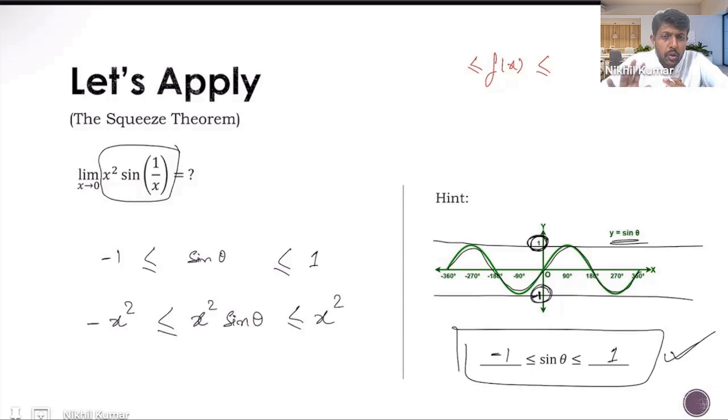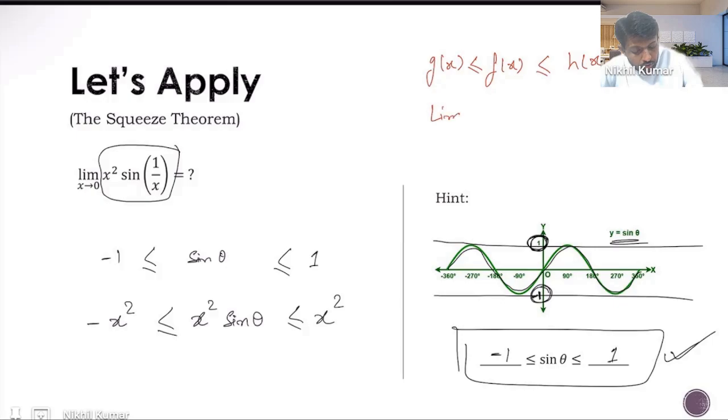In the sandwich theorem, we saw that if f of x satisfied two conditions, f of x lied between g of x and h of x, and the limit of g of x and limit of h of x were the same, where x was tending to 0 or any value, in this case 0. Okay, so if x was tending to a, if this was the same,